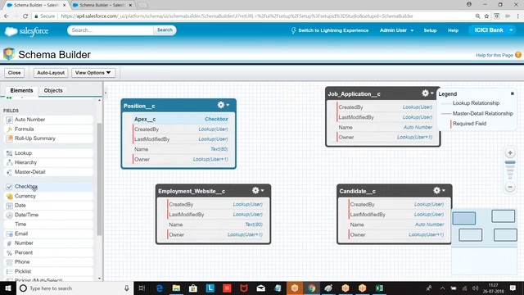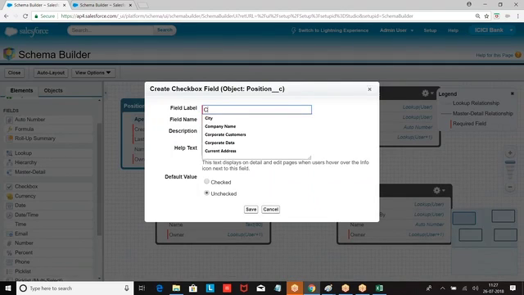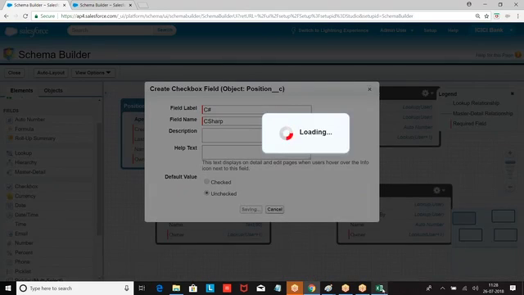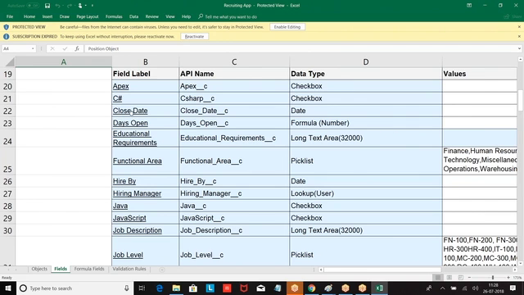Then we had the next one, checkbox. C sharp. Then what are the other fields we had? Close date, days open, education requirements.